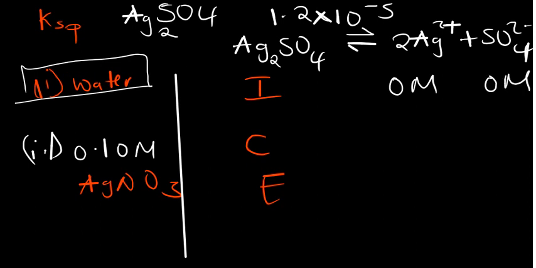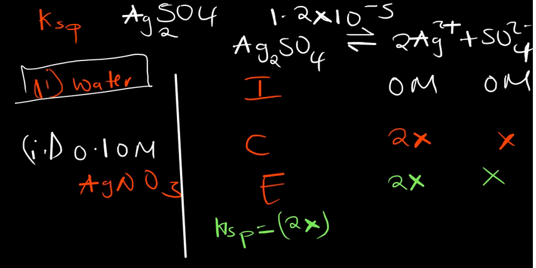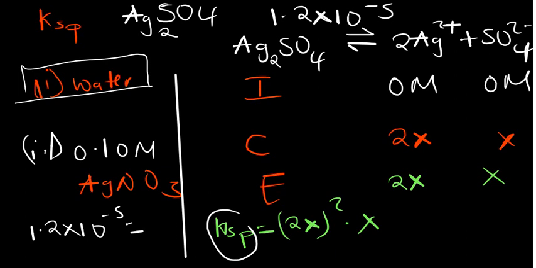So in short, basically, the Ksp just goes as it's supposed to be. So we have 2x, we have x there, they stand as they are. So our Ksp in this case is just going to be 2x to the power 2 multiplied by x. So now, understand that your Ksp has been given. So your goal is to find the value of x. So your Ksp has been given to be 1.2 by 10 to the power negative 5, being equivalent to 2x, which is going to be 4x